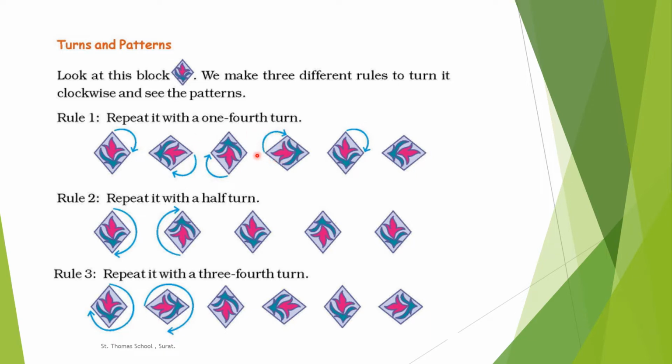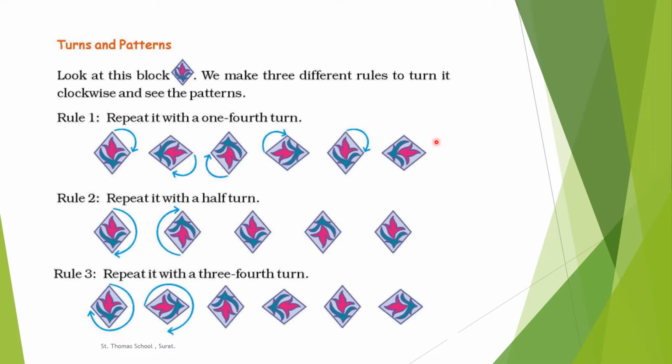The next picture you have to see the arrow mark. See this arrow mark how it is going on. Now look at the next third picture, how the pink flower has gone from the original picture. It has gone upside down. Clear? In the next picture you can see again 1/4 turn has been taken. The pink flower again is going on your left hand side. This you have turned to 1/4 turn. Clear? Look at the arrow marks once again.